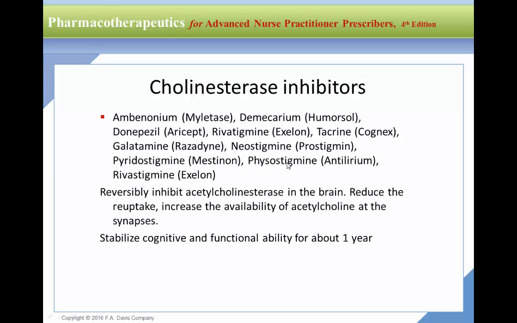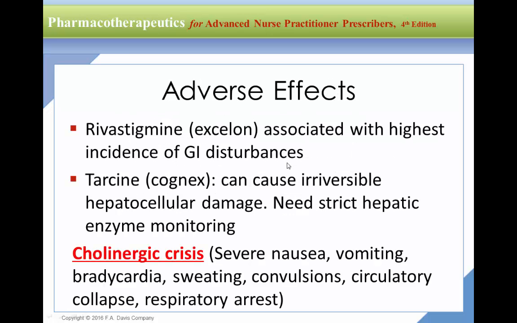that is the treatment for myasthenia gravis. So mainly side effects are associated with GI problems, basically nausea, vomiting, but the one that you must remember is hepatocellular damage. So you need to have a very strict control of LFTs. We already went over in class the cholinergic crisis versus myasthenia crisis, even though it doesn't apply to